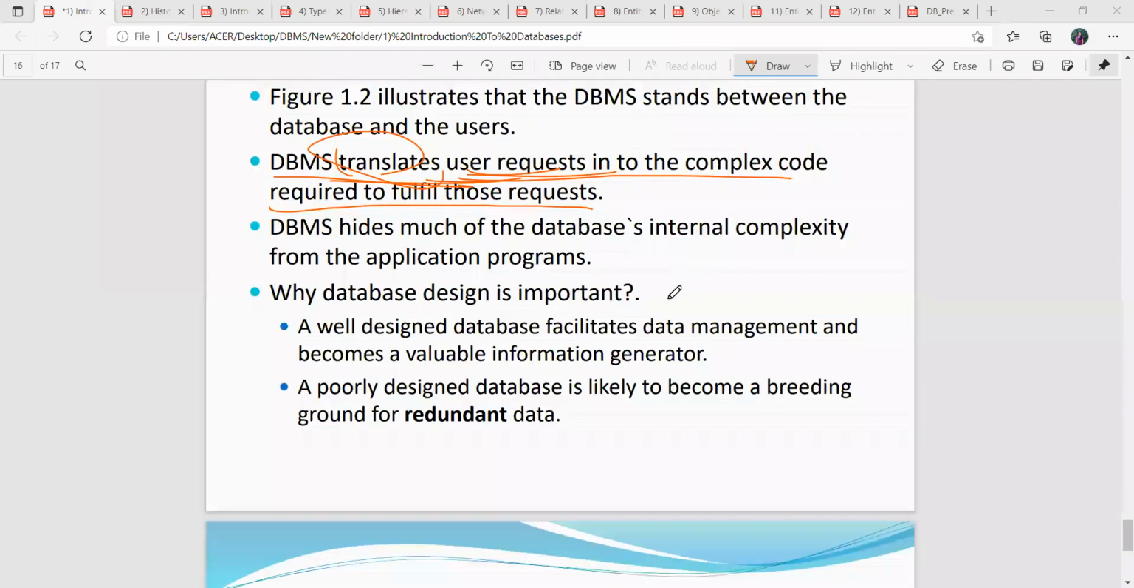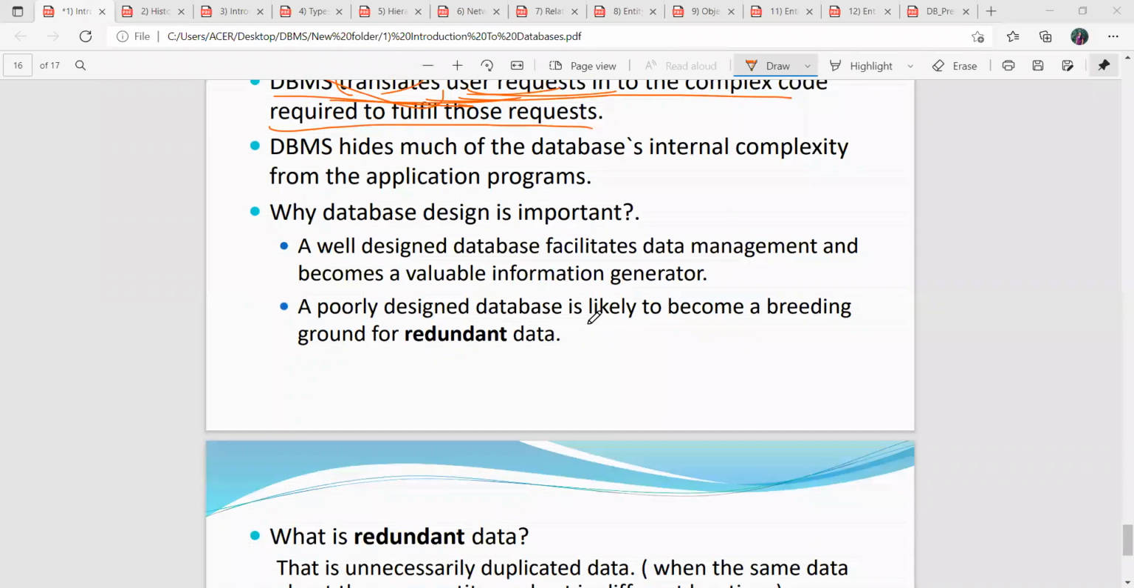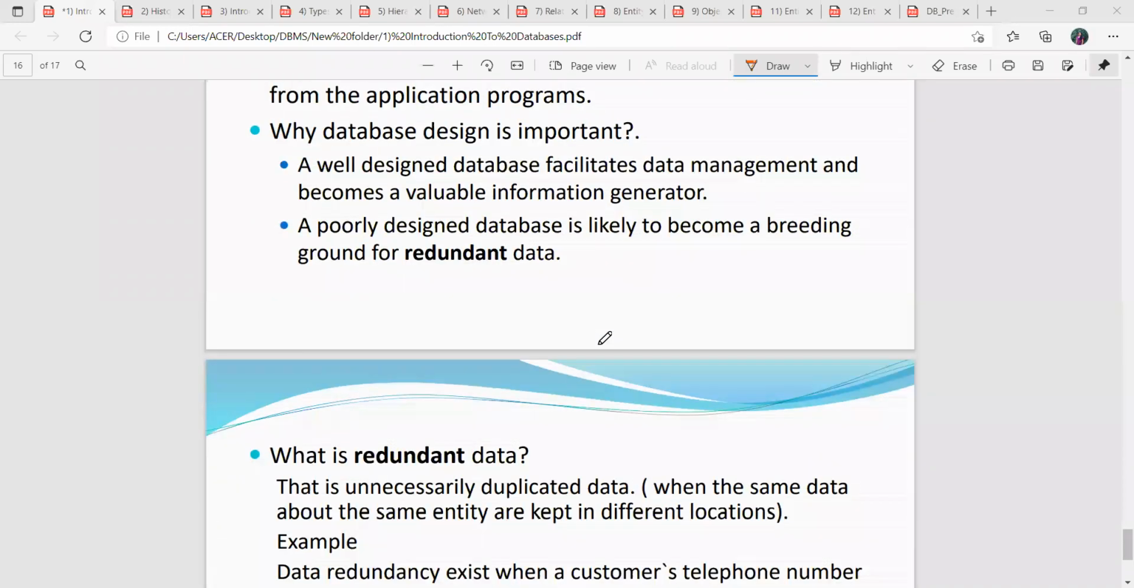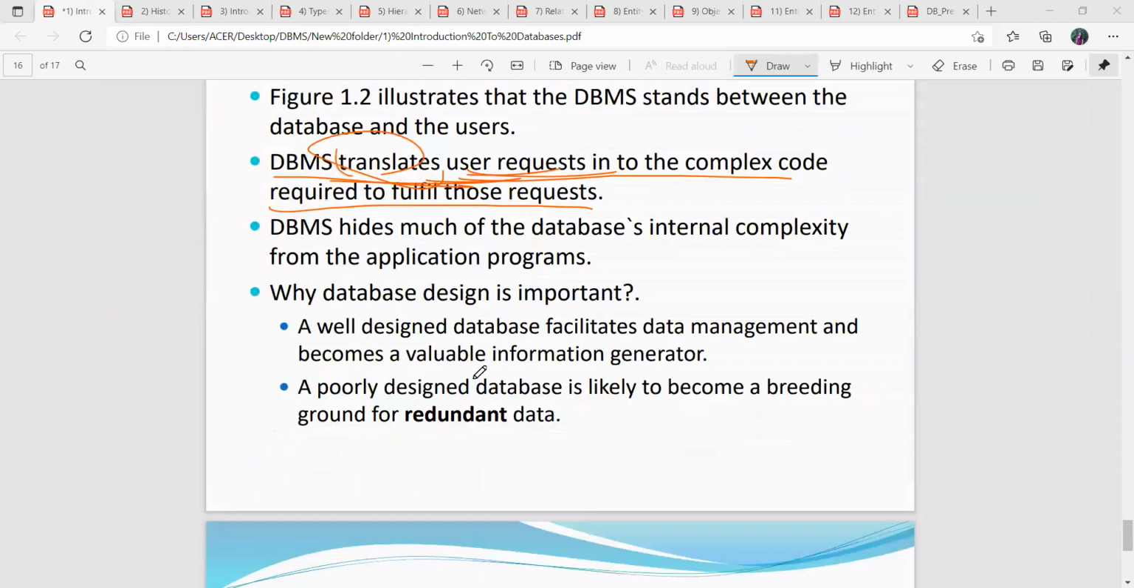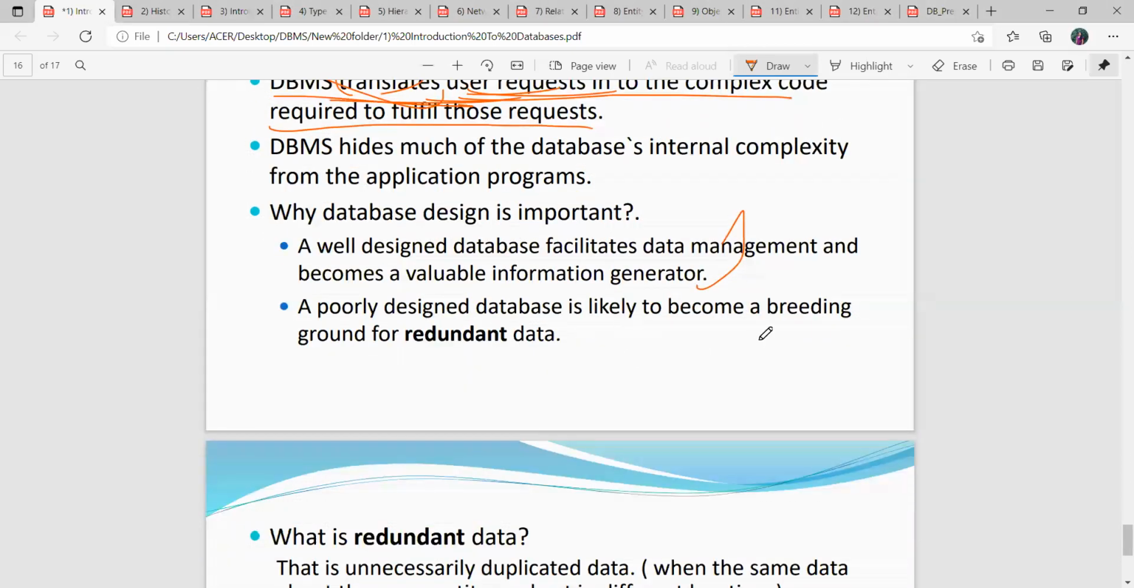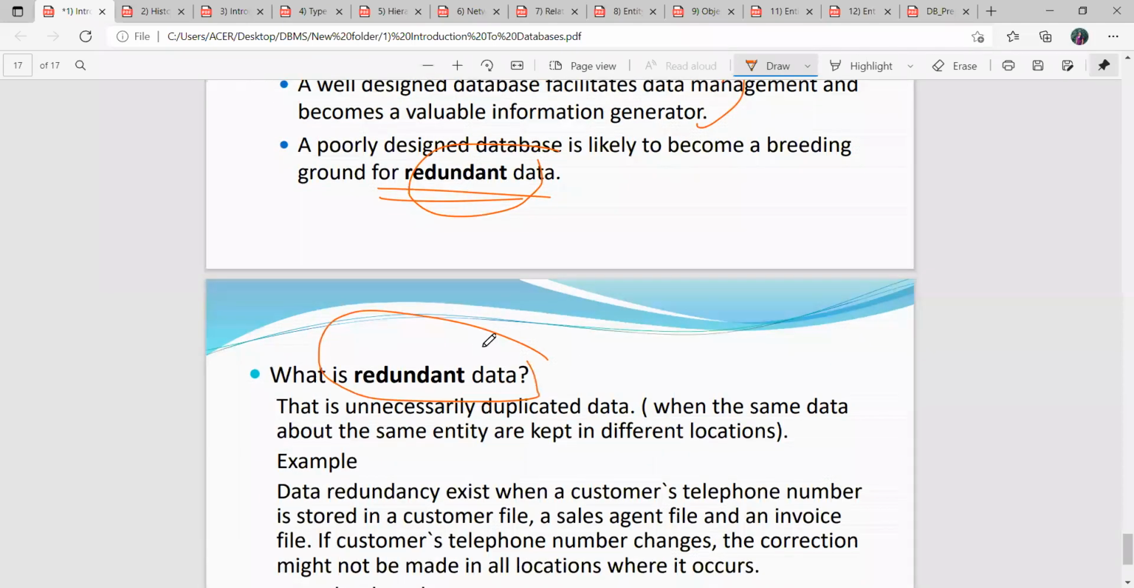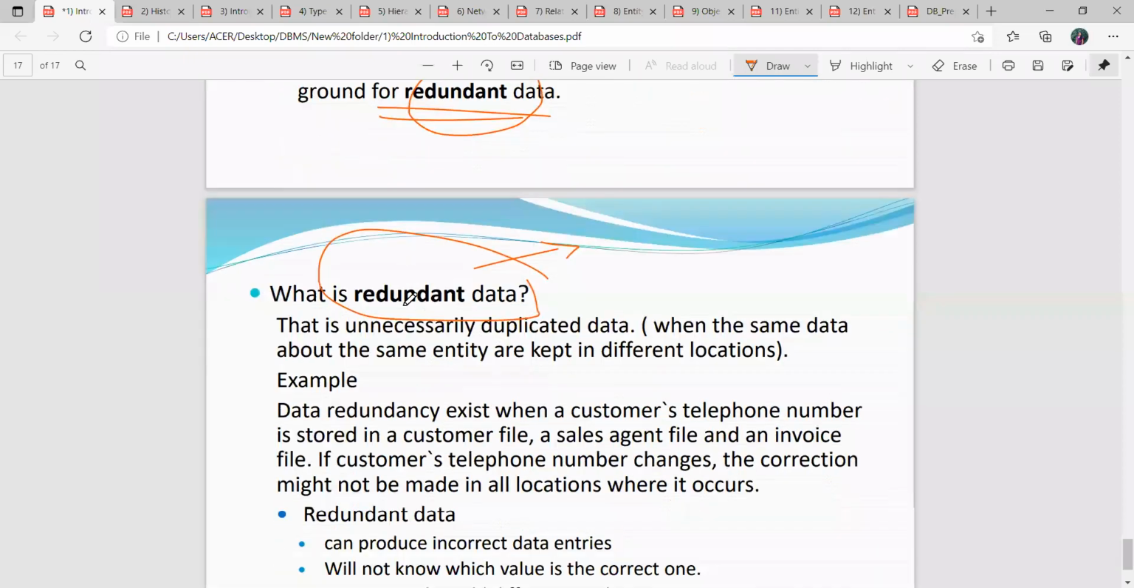Okay, then let's discuss redundant data. Why is database design important? A well-organized database facilitates data management and becomes a valuable information generator. A poorly designed database is likely to become a breeding ground for redundant data. So this is also very important, redundant data. When we consider redundant data, duplicate data are known as redundant data. As an example,